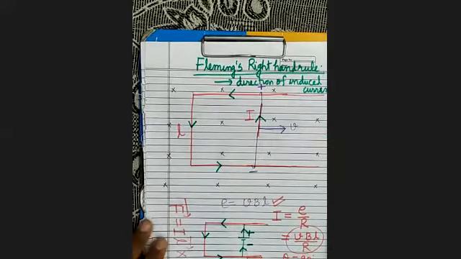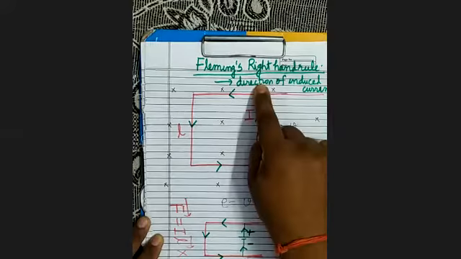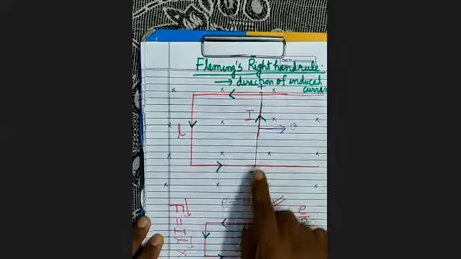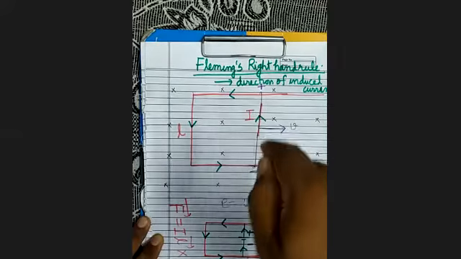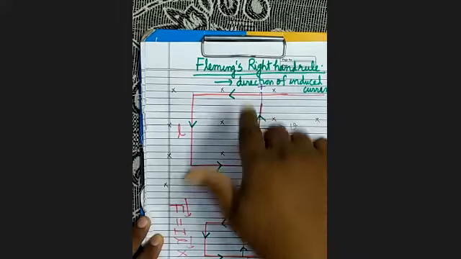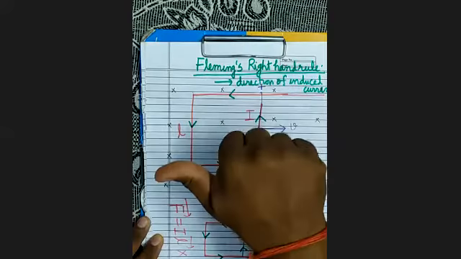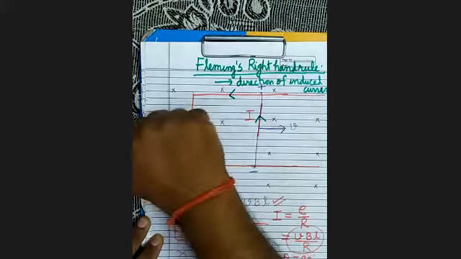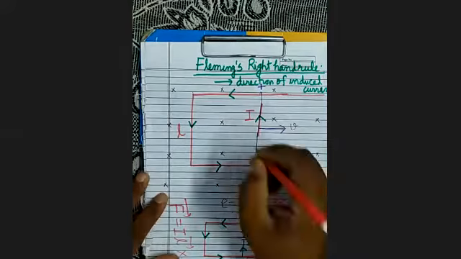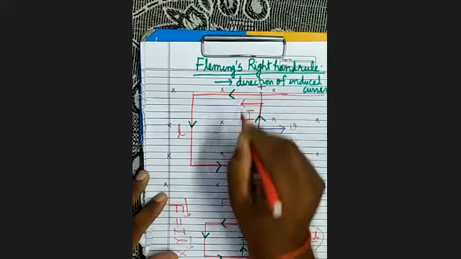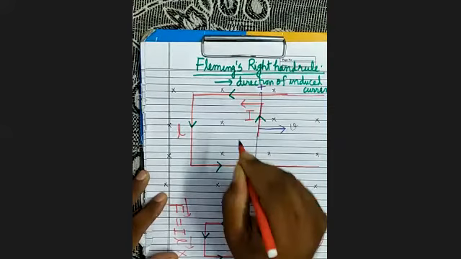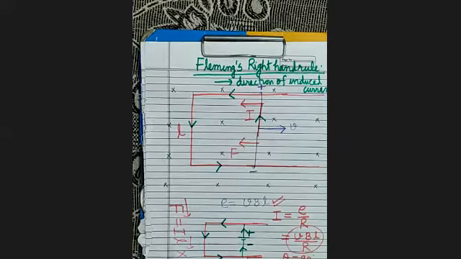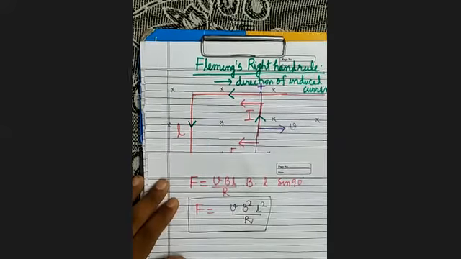Vector IL will be along the conductor. Current element vector will be along the conductor. Magnetic field vector is normal downward. So what is vector IL cross vector B? Direction. It will be in this direction. Thumb is pointing in this direction. Therefore, this force will act in this direction. And how much force is acting? इतना force act कर रहा.